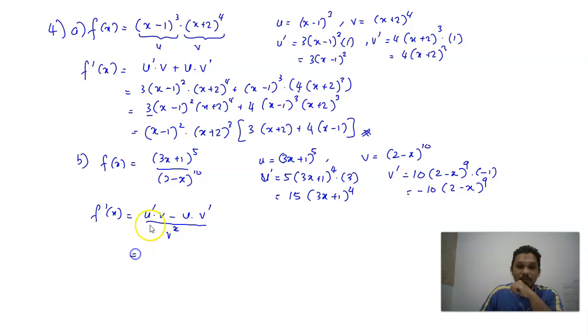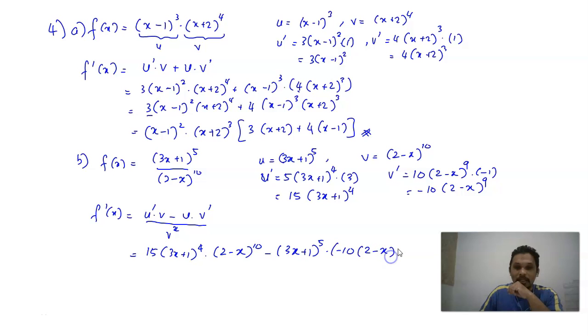Substitute one by one: u prime here, 15 (3x plus 1) to the power of 4 multiplied with v, (2 minus x) to the power of 10, minus u, (3x plus 1) to the power of 5, and v prime, negative 10 (2 minus x) to the power of 9, and everything divided by v squared. Where v is (2 minus x) to the power of 10,